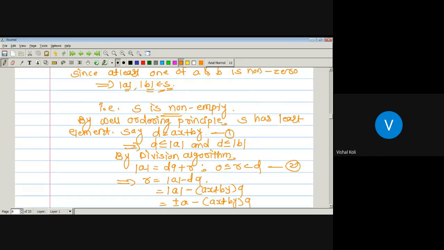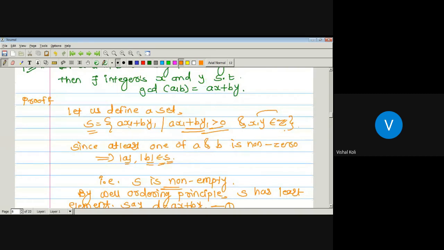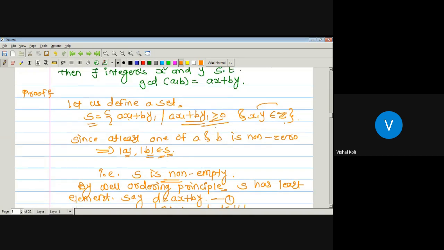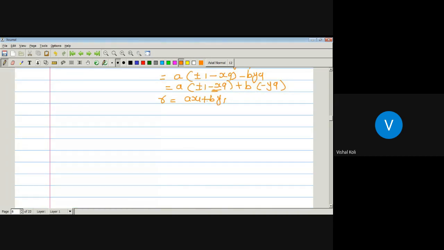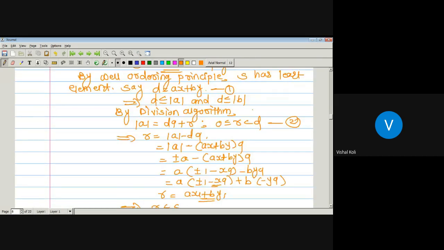Okay, but S is the set which contains all the elements ax1 plus by1 whenever ax1 plus by1 is greater than or equal to 0. Now as here r is of the form ax1 plus by1, and already we know that it will be greater than or equal to 0, then it must belong to set S. So it implies that r is a member of set S, since set S contains all the linear combinations of a and b which are greater than or equal to 0. As here, the range of r is nothing but this: either it is equal to 0 or it is greater than 0.